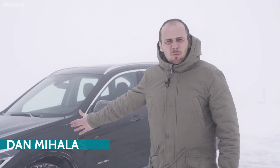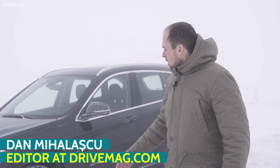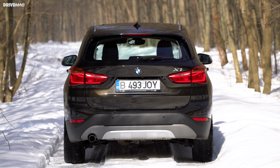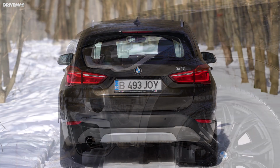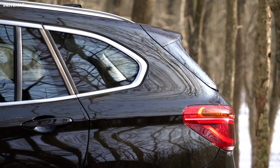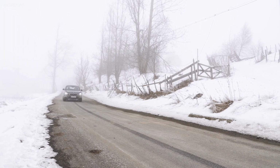This is BMW's smallest crossover, the X1. It's much roomier than before, it no longer looks like a jacked-up wagon, and is the first BMW SUV based on a front-wheel drive platform. Today I want to find out if going mainstream was a good idea and whether this one handles the same